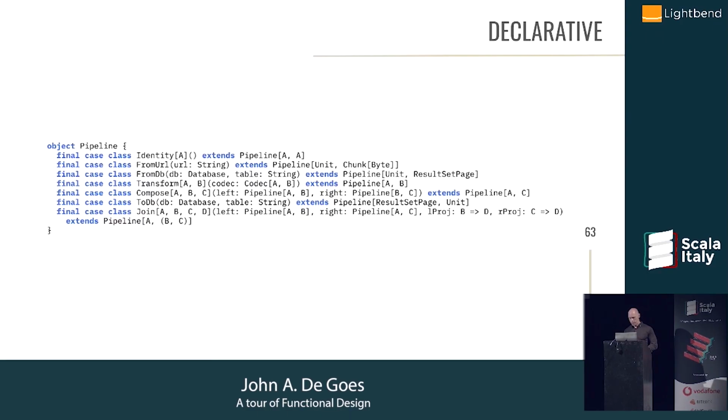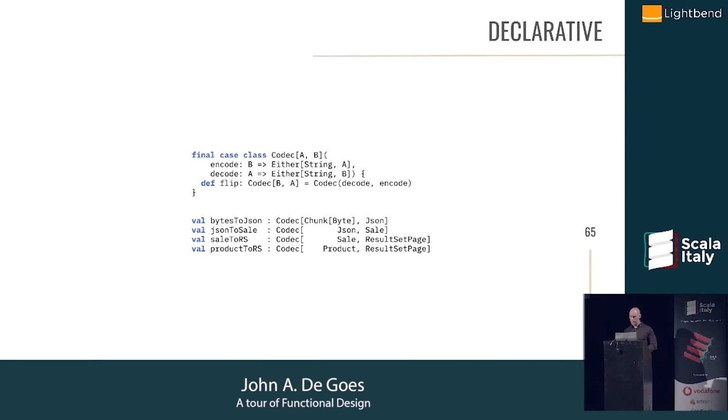And notice here in the transform one, it takes something called a codec. And there are lots of different ways to encode a codec. This definition of a codec is weak. It's weak in the sense that when going from A to B or from B to A, there's a possibility of failure. You might not be able to turn a bunch of bytes into a JSON object. Or if you have a JSON object, you might not be able to turn it into a sale record. There's a possibility of failure here encoded with Either. And it's symmetrical, which makes it weaker than some other codecs, which allows a nice property that you can take any codec A to B and you can flip it to get a codec B to A.